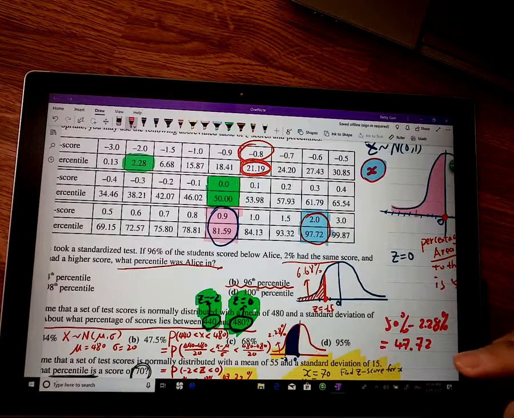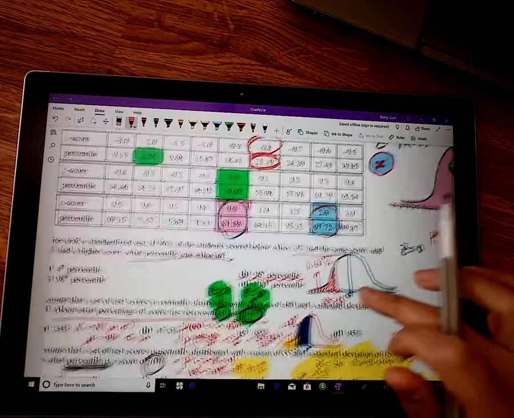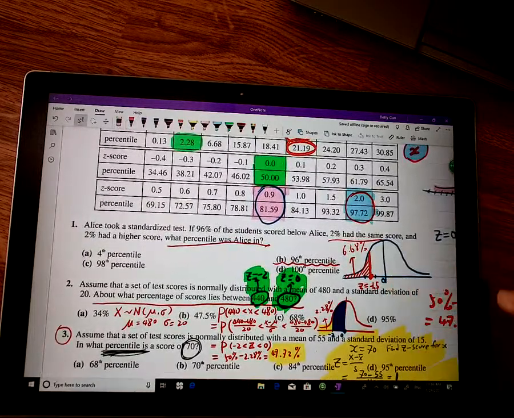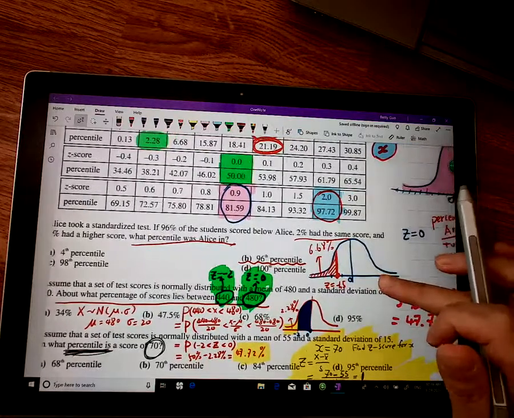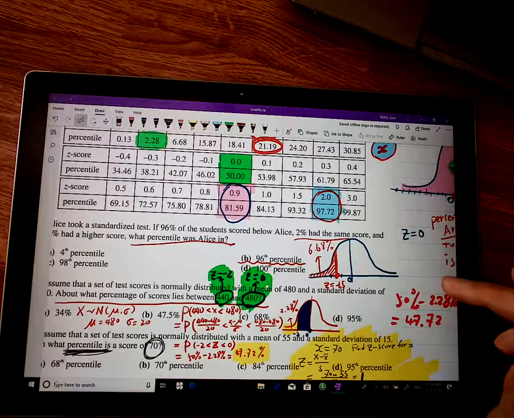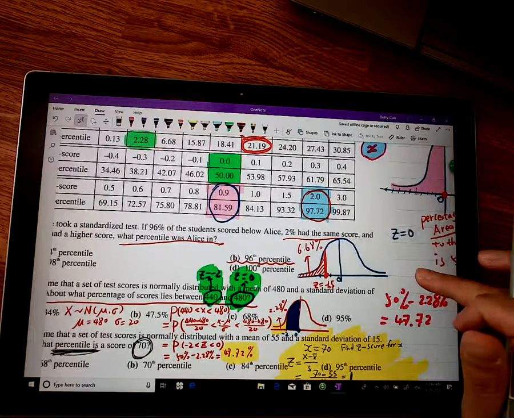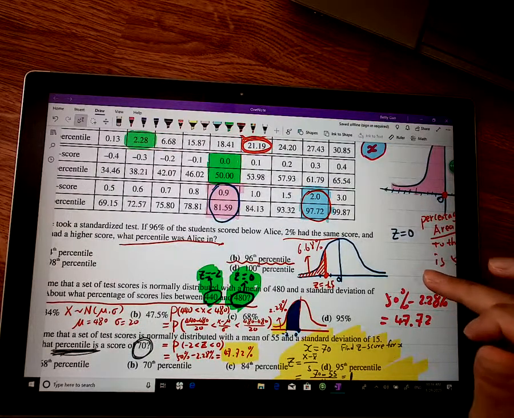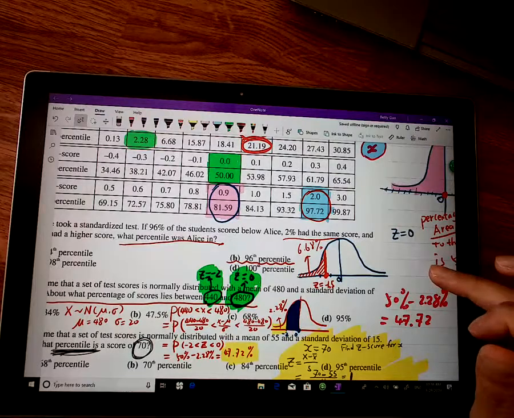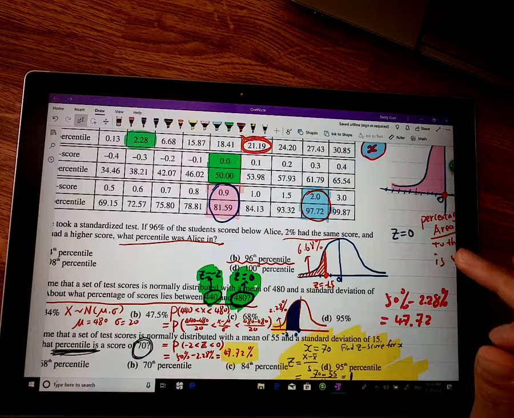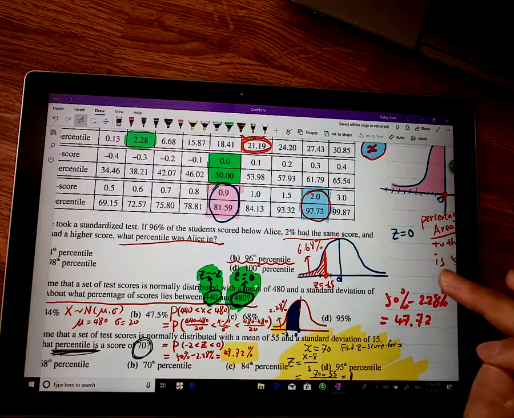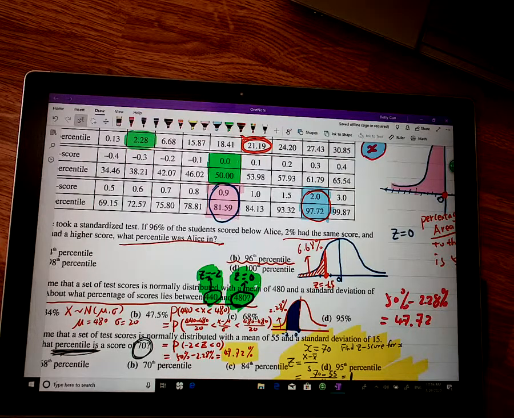47.72% between 440 and 480. Okay, so what should we choose? 47.72. Well, we would choose the closest one. B is the closest one, and you choose B. B as in boy. But the exact percentage is